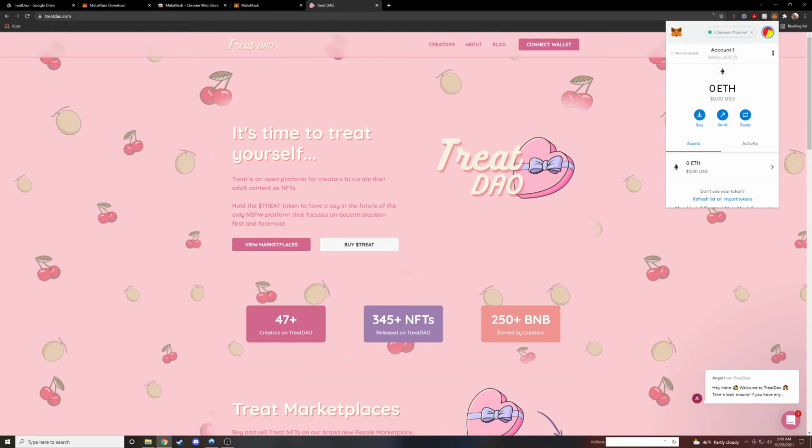So now what you want to do, in order to connect your wallet to Treat DAO, we still need to add the Binance Smart Chain Network. As you can see, we are on the Ethereum network. That's what it defaults to. And to add the Binance Smart Chain Network, click this circle,